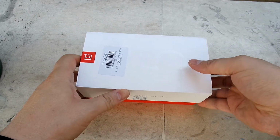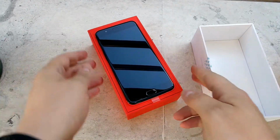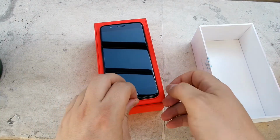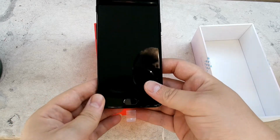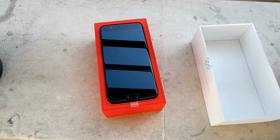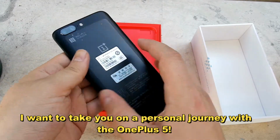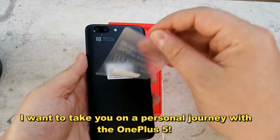I've seen the OnePlus 3, OnePlus 3T before it. I don't have reviews on my side, but believe me, I have dealt with those phones before. And the OnePlus 5 for me is definitely an improvement when it comes to size, ratio and weight. Let's peel off these stickers